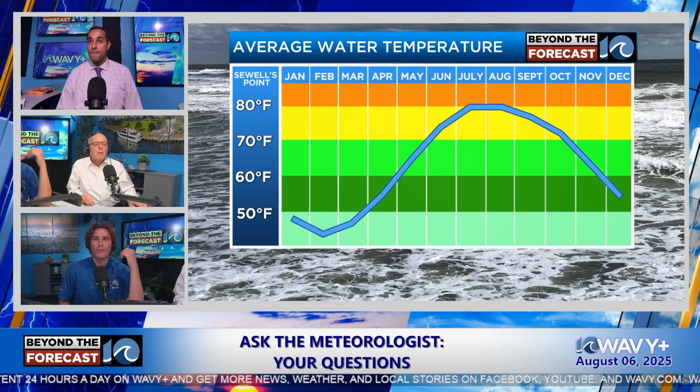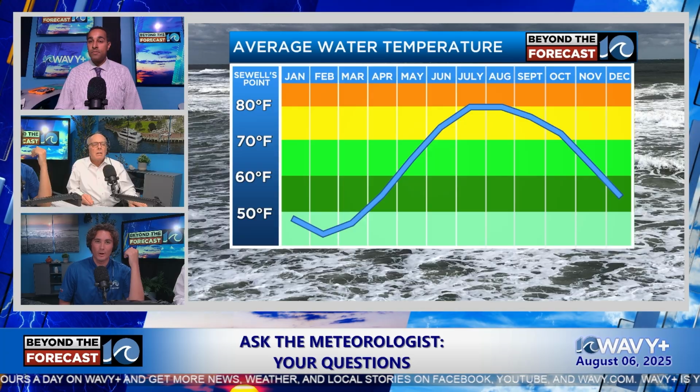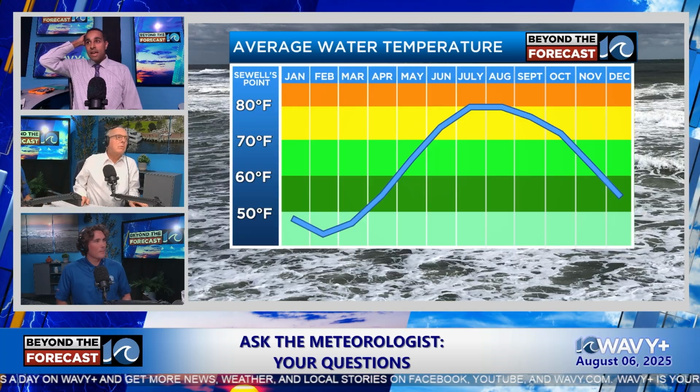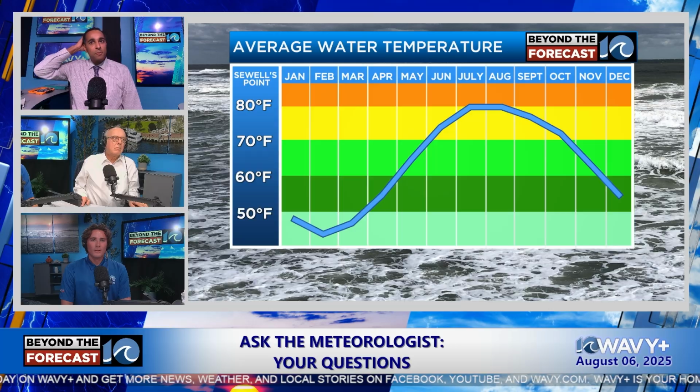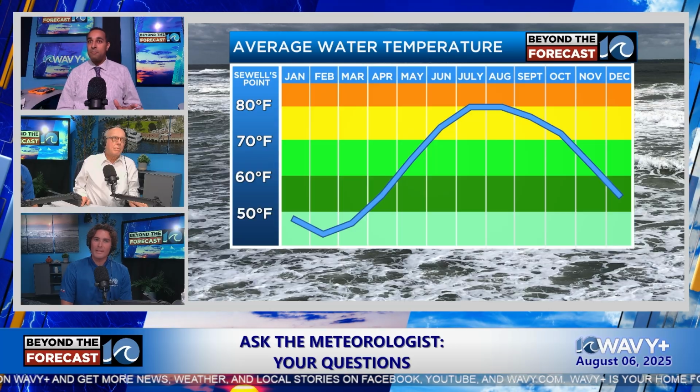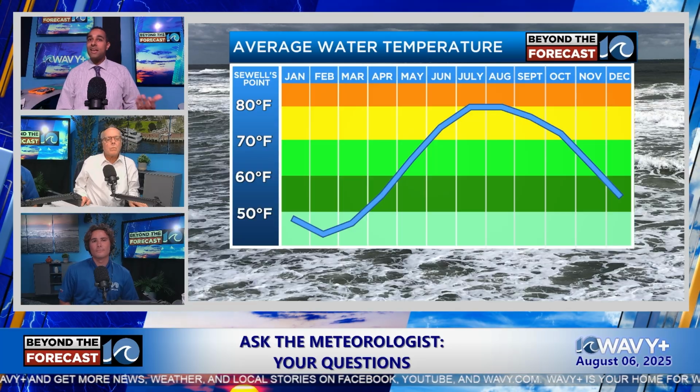I mean, Virginia Beach has been in the low 80s for quite some time now, for the past few weeks, the water temperature. Really? And I remember looking at Cape Henry, at last I checked, it was in the upper 70s. It pulled back a bit, maybe with the wind. We're between 77 and 83.